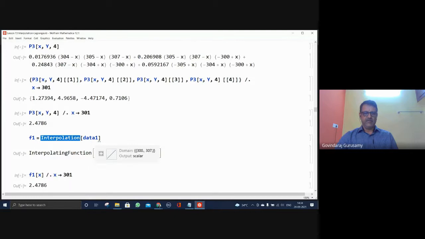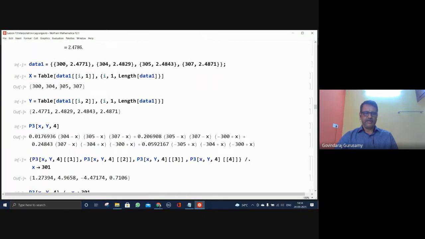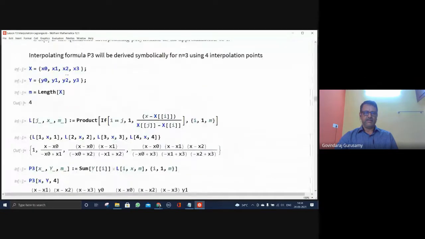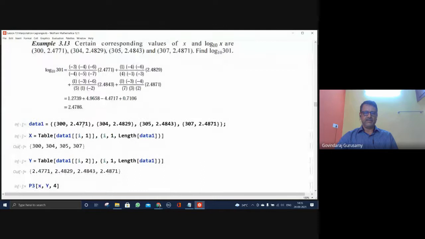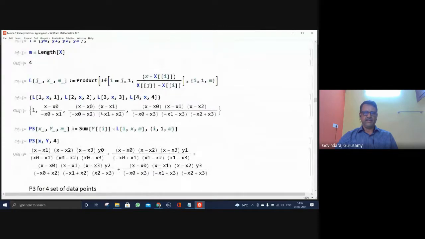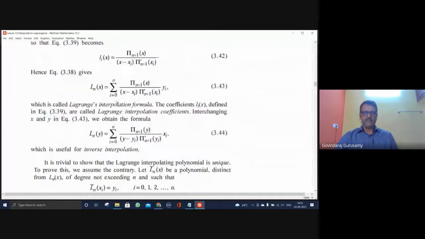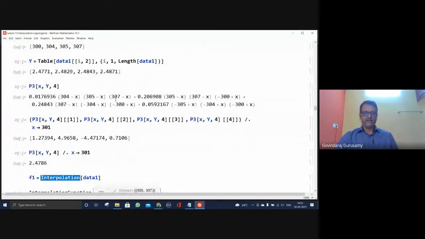This is F1 of data 1 that has been done. That gives this result. This number is exactly the same as what has been produced by writing this small write-up with the help of Mathematica, whatever we have written here. For example, we have taken a product, and every term of the product is summed over this. That is the result. I don't think you have any problem understanding this. As a function, it is very simple, but the mathematical and theoretical background required seems a little deeper. But still, it's fine. You can understand them when you really look into the problem carefully.